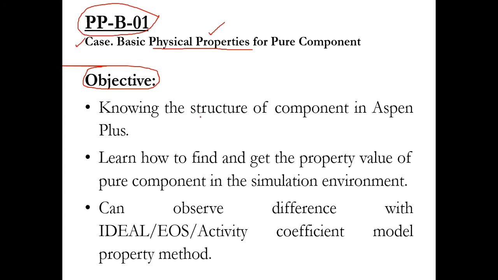Knowing the structure of component in Aspen Plus, obviously you know the structure, for example benzene, methanol, ethanol, these structures you have already drawn and you know it, but you will also know the structure of these components in Aspen Plus, that how to access these structures. Learn how to find and get the property value of pure component in simulation environment. Obviously you can also find it in literature, but when you are doing the simulation, what is the purpose of